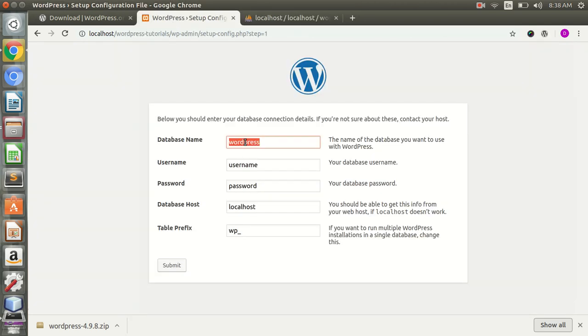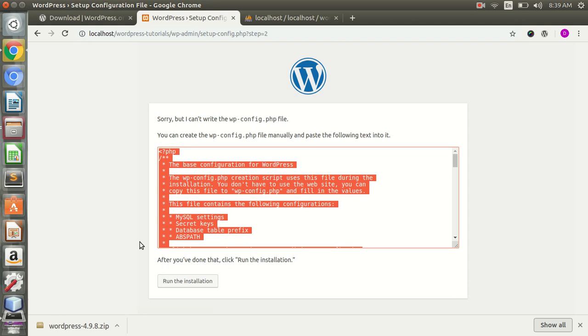So this is my database name. My username is root, the database username. You should give your database username, whatever you have given while installing MySQL. Okay, so I don't have any password for my database. My host is localhost, table prefix, this is wp. Once I click the submit button,